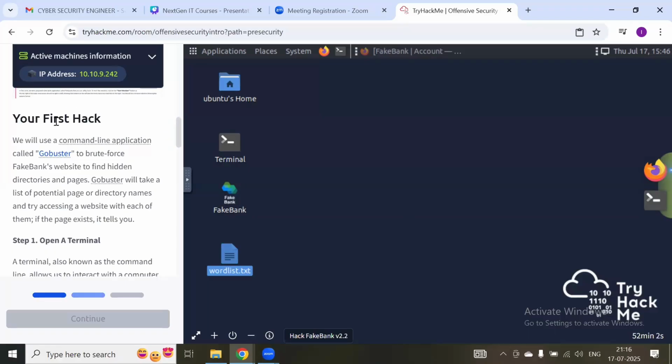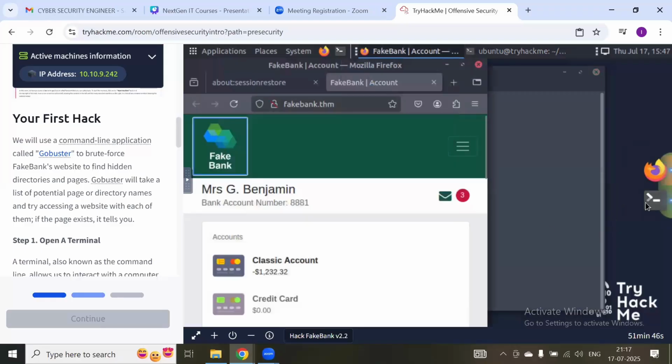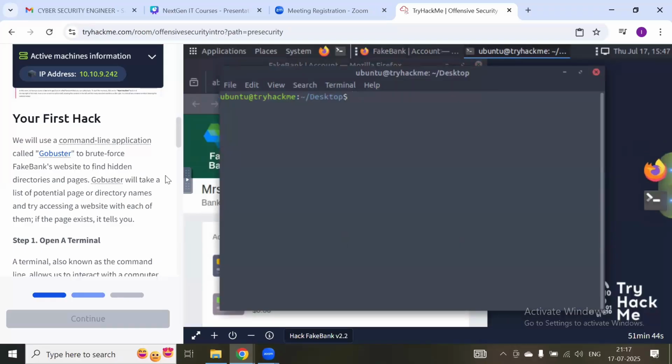So, your first hack. We'll be using a command line application, which is the terminal. Here we see a terminal, right? It's an Ubuntu machine. We'll try to brute force the website which was already there. This is the website we'll be trying to brute force. What we'll be doing is